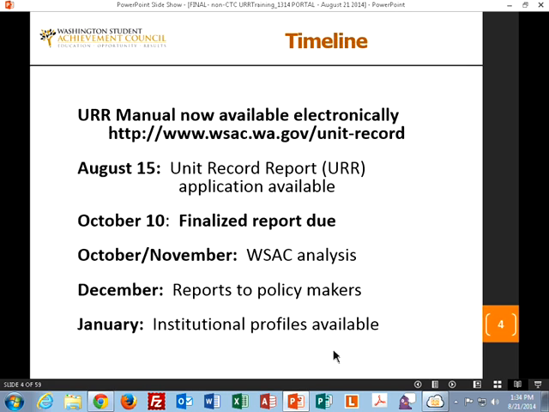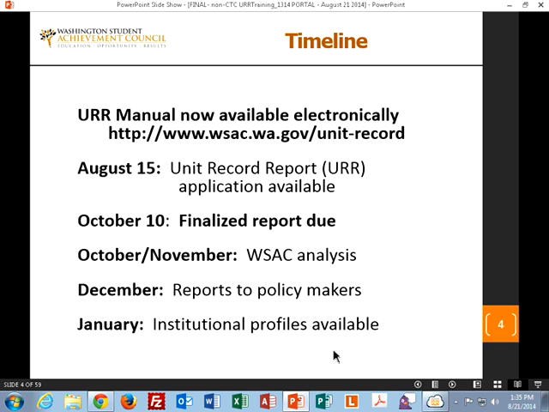So our manual and timeline are covered next. The manual is available electronically. There's the location there, and we do suggest that you go to that again. You might have got the manual originally that was dated June of 2014. We have provided some slight updates, and so there's a new version of that that's dated August, and it's color-coded to show you what pages that any changes would occur on. We'll be covering those changes here today as well.